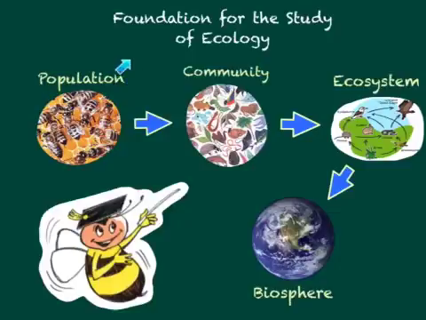The first level is population, which is a group of individuals, all of the same species, living in the same area, just like these worker bees right here. The next level is community, which is a group of populations living in the same area, so like lions living with snakes, etc. The third one is ecosystem, which describes the interrelationships between the organisms in a community and their